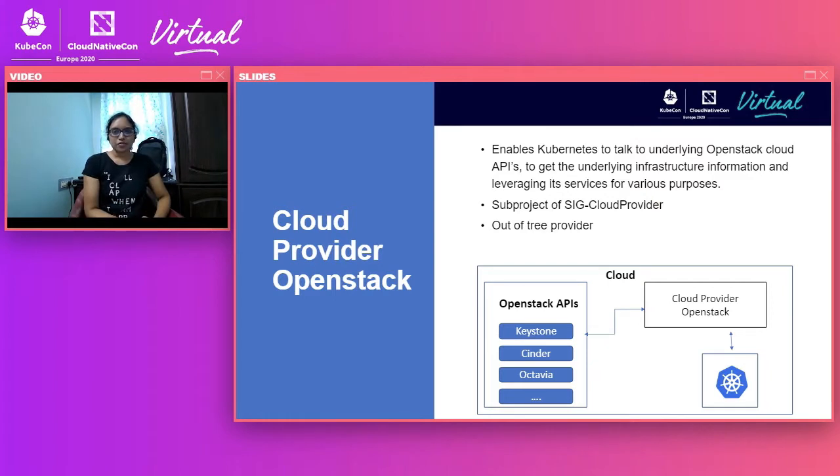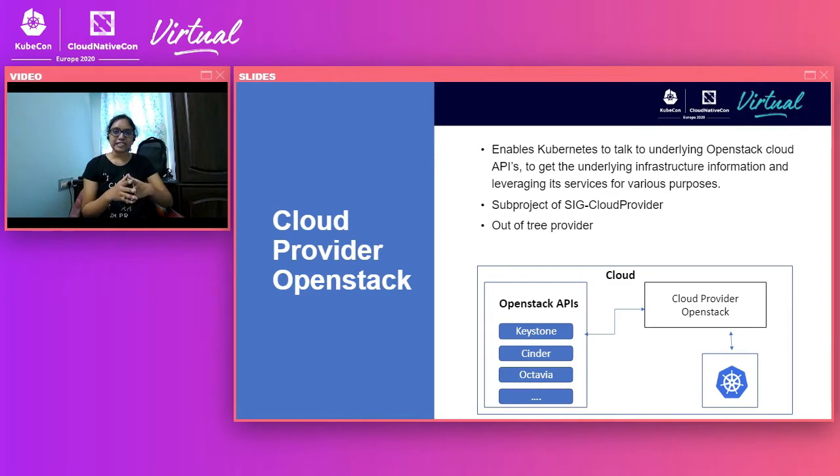So what is cloud provider OpenStack? Cloud providers are used to leverage underlying cloud services. If you have an OpenStack cloud and Kubernetes on top of it, cloud provider OpenStack enables Kubernetes to talk to the underlying OpenStack APIs to leverage its various services.